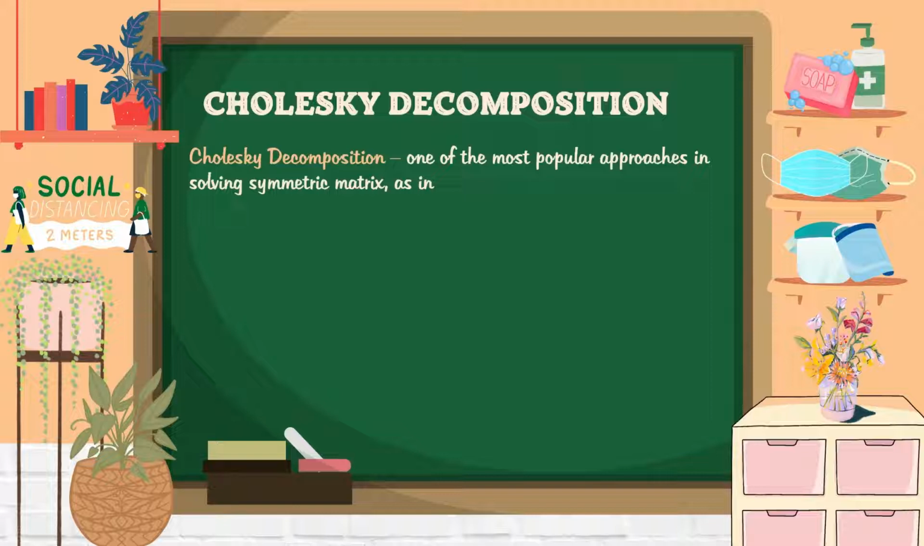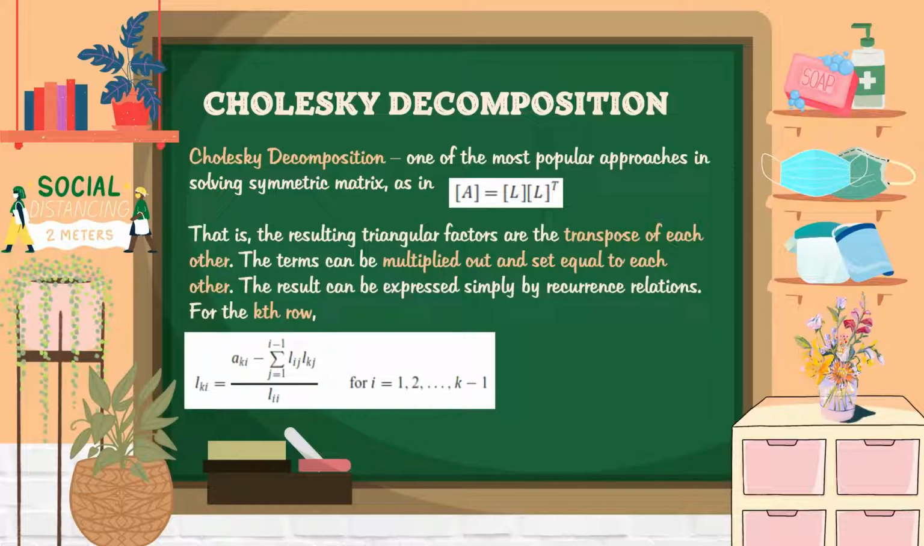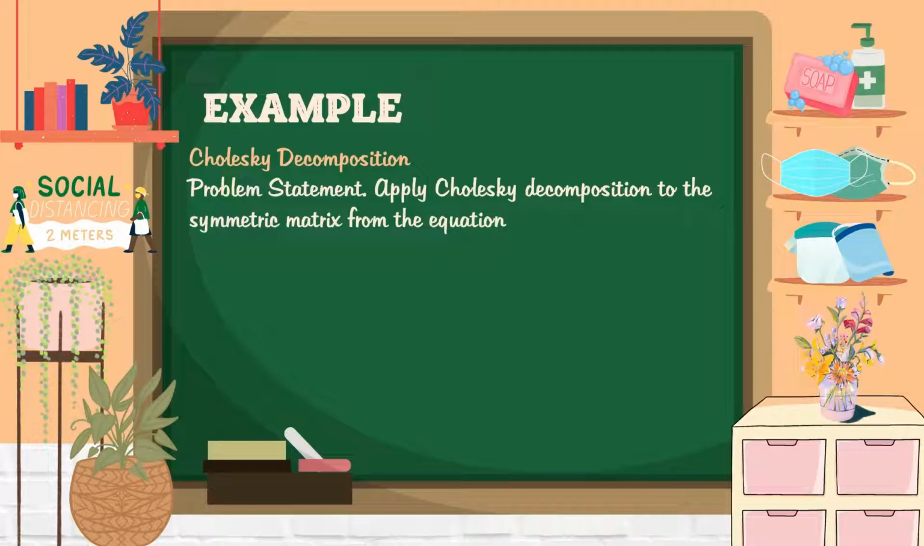And Cholesky decomposition's algorithm is based on the fact that a symmetric matrix can be decomposed such that the matrix A is equal to the lower triangular matrix multiplied by its transpose. That is, the resulting triangular factors are the transpose of each other. So the terms can be multiplied out and set equal to each other. So the result can be expressed simply by recurrence relations. So for the kth row,